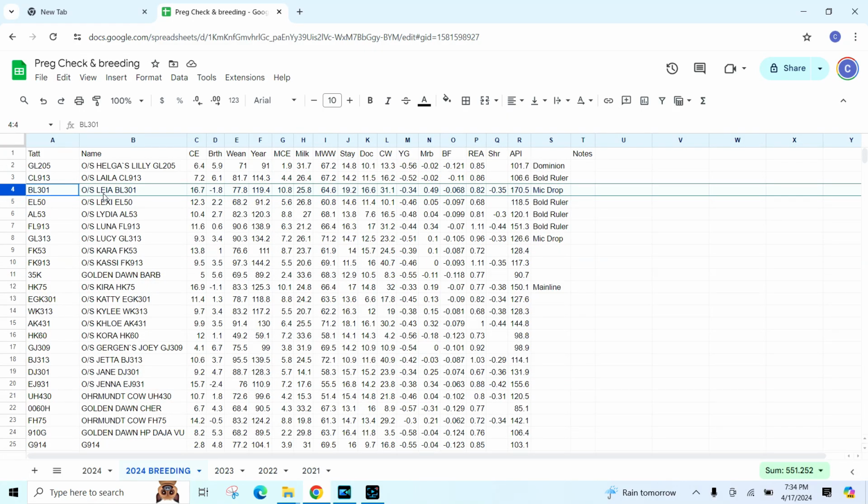And out of these three, obviously the only one we can't use would be Bold Ruler. And since Leia is fairly decent, I mean she's pretty decently developed, she's a good size heifer, and she has the numbers to back it up. Bold Ruler also has a high maternal calving ease number, so that's another reason why I'm picking Mic Drop. I'm going to breed her to Mic Drop